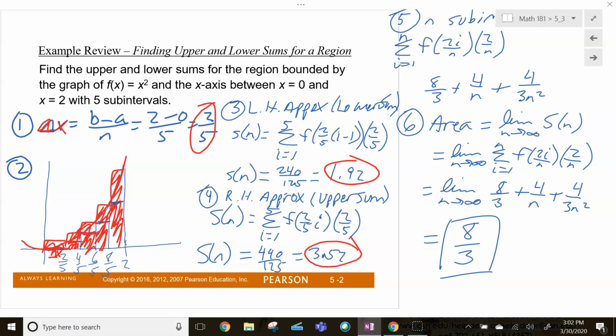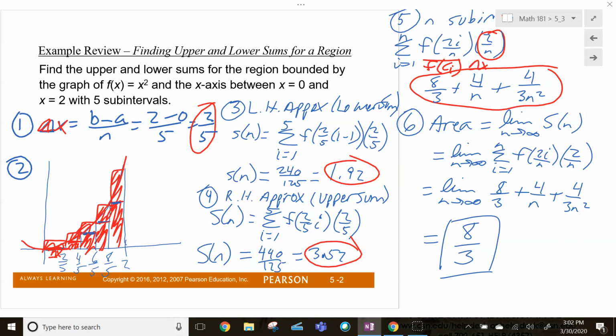So with our summation notation, we could write that as f of 2i over n. So this is like our f of ci, they'll call that. And this is our delta x right there, that 2 over n, right? If we do this for n subintervals, we ended up getting this formula. So instead of doing it with 5 subintervals like we did over here on the left, we could do it for n subintervals, right? Obviously, the more subintervals we use, the more accurate we get,